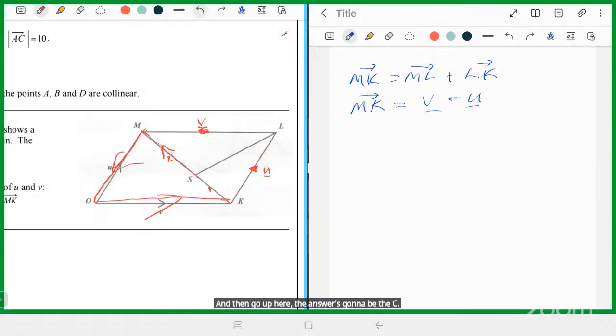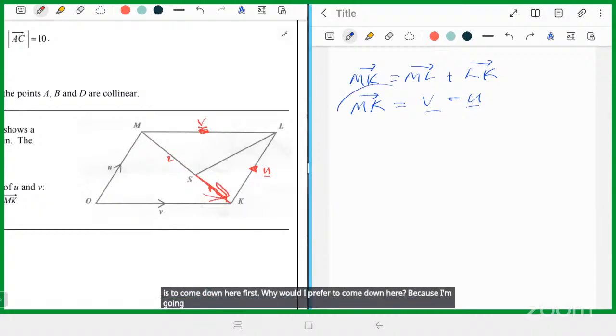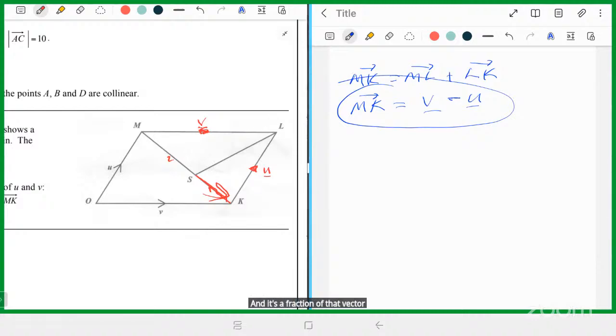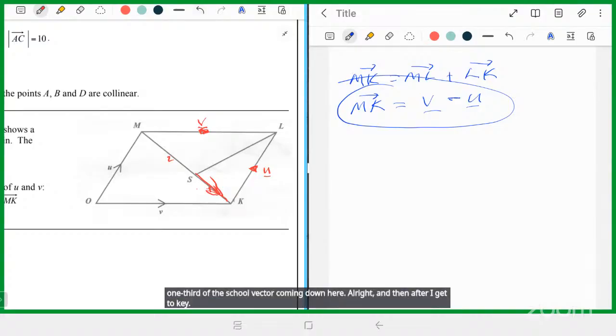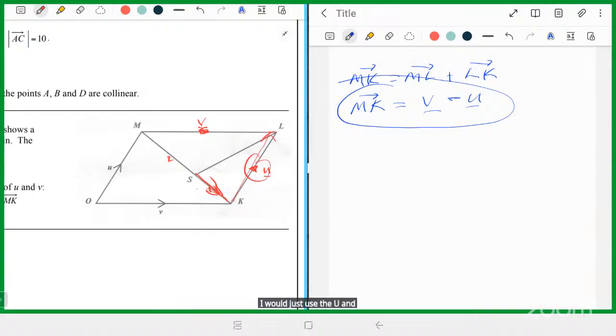But I think the easiest path to go from S to L is to come down here first. And why would I prefer to come down here? Because I'm going in the same direction as this vector that I know. And it's a fraction of that vector that I'll be using. 1/3 of it actually. Right? The vector down here would be 1/3 of this whole vector coming down here. Alright? And then after I get to K, I would just use the U and just come up to the L. Alright? So I can write out a vector equation,